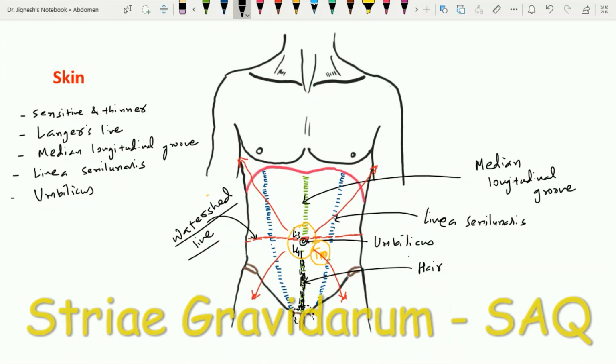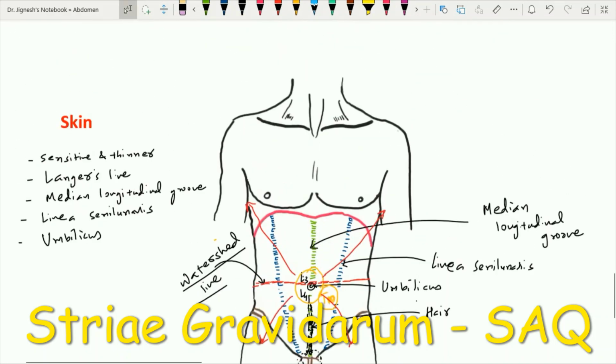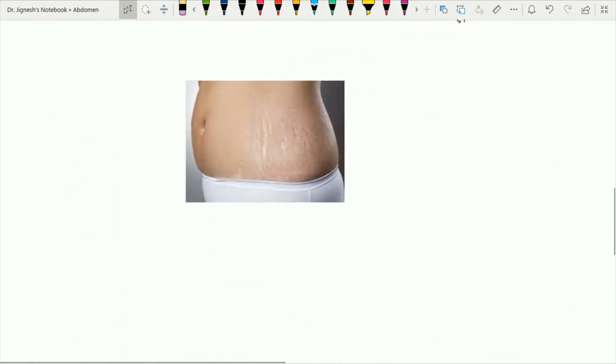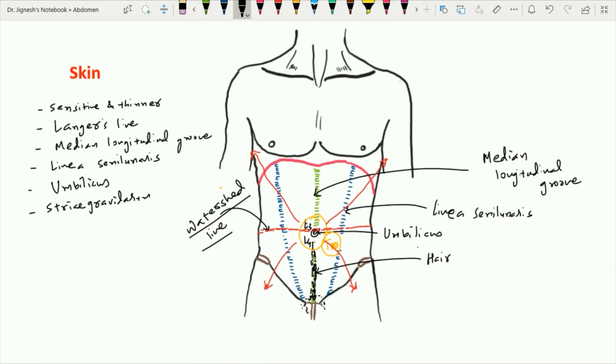In the case of the parous female, due to the stretching of the uterus because of the developing baby within it, the skin of the anterior abdominal wall gets unduly stretched, and this will lead to fibrous degeneration of the subcutaneous tissue. And after the pregnancy is over, females may develop on both sides of the abdomen an irregular branching pattern of the skin, and these are called the stria gravidarum. So this is all about the skin of the anterior abdominal wall.